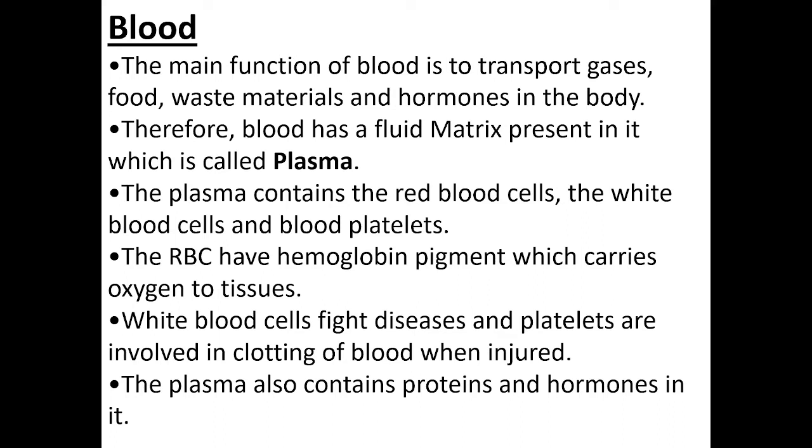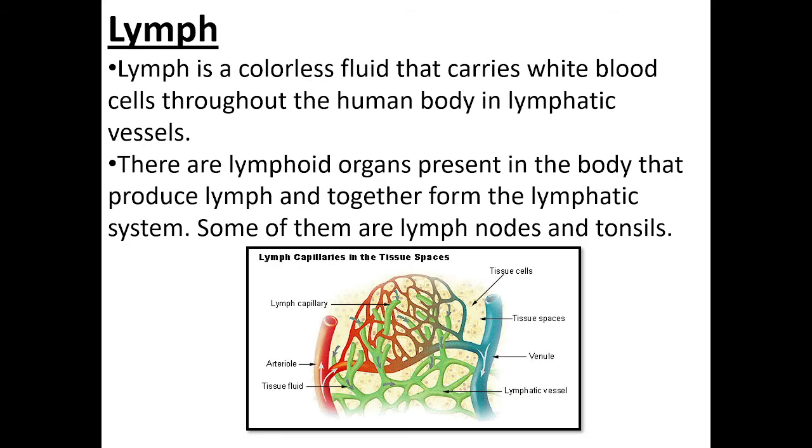In the previous session we learned the three types of connective tissues: blood, bone and ligament. I hope you have written the notes of those three types. Still, if you have not, you can take a screenshot of this and take reference from these notes. Don't copy as it is; write the notes in table format: tissue type, location, structure and function. You have to write the notes of all these tissues in this format. Clear? This is about blood, which we have already finished.